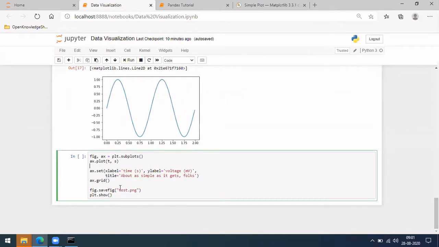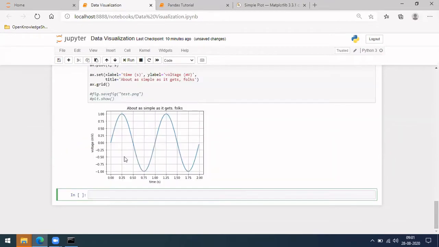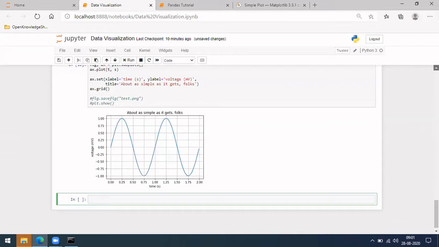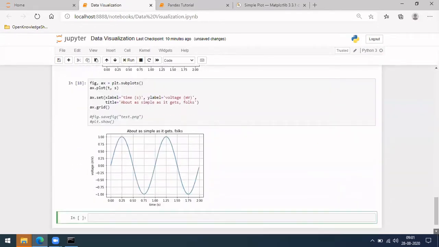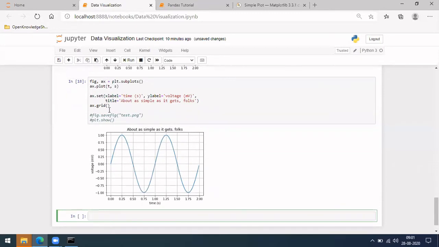And he is trying to save somewhere. Let me not save it here, let me comment out these two and run it. Did you observe any difference between the previous plot and this plot? You can see the x-axis label time and voltage has come, and the title of the plot is also here.